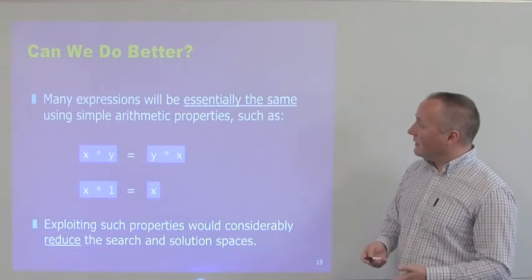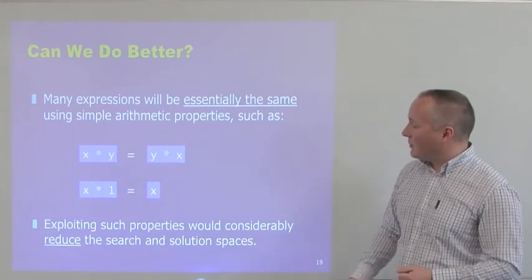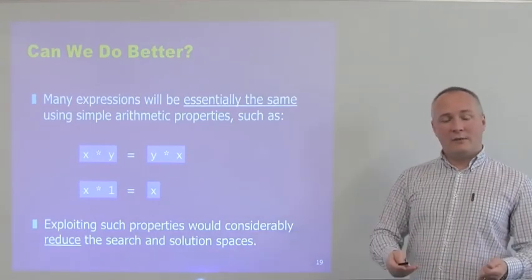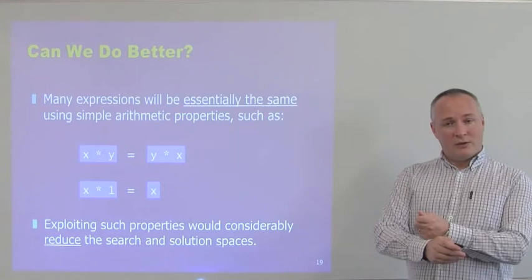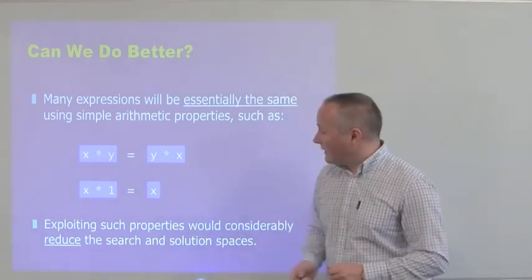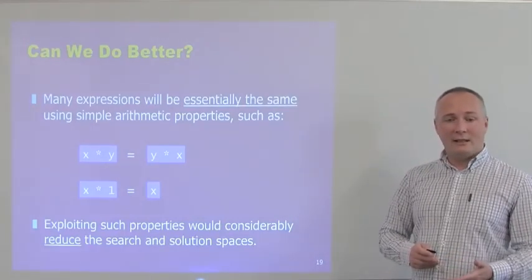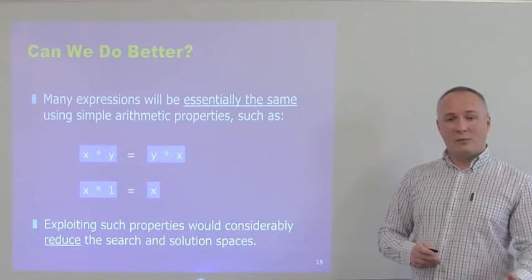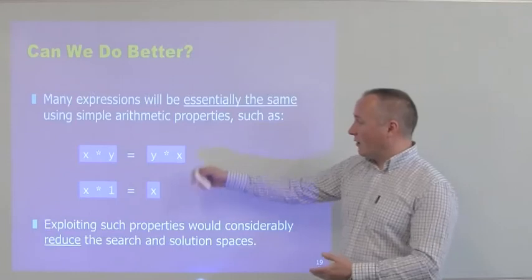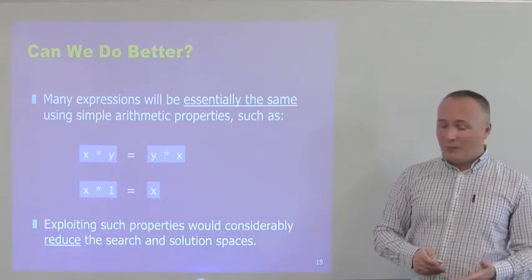So the observation here is that many of the solutions will be essentially the same just by applying properties like x times y is y times x. So if you have 2 times 3, that gives the same result as 3 times 2. So multiplication is commutative. And for example, x times 1 is the same as x. So 1 is the identity for multiplication. If you have 3 times 1, that's going to just give the same result as 3. So there's really no point in considering all possible combinations of ways of rearranging expressions using these simple